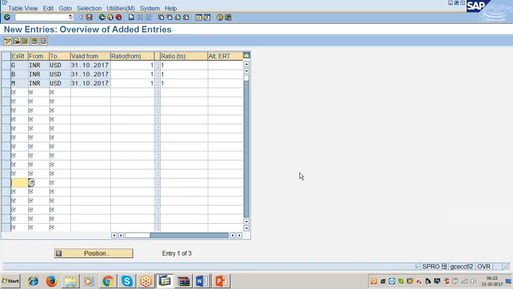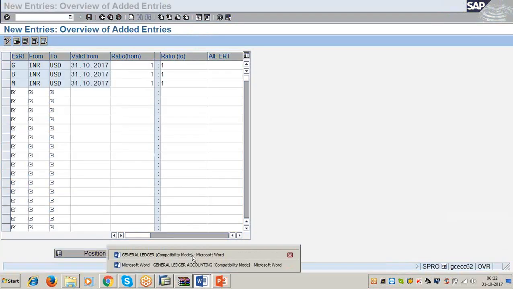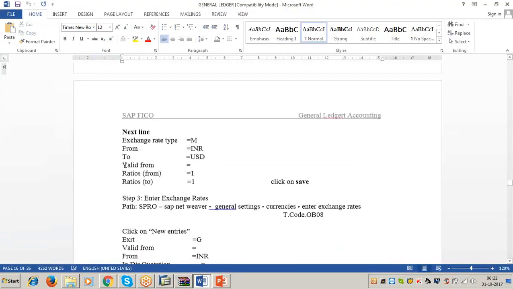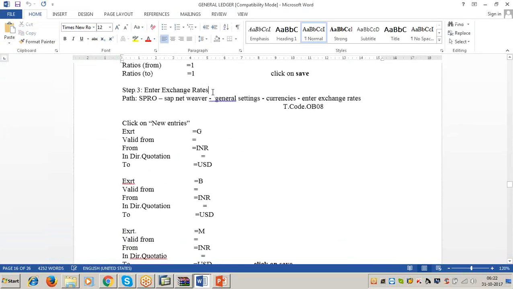Okay. Now, see the next step. Enter exchange rates. So every day, the user has to enter what is the bank buying rate, bank selling rate, and bank average rate of every foreign currency we are dealing with. So, for entering the exchange rates, you have different methods. So, first let us enter the exchange rate. Then I will discuss with you what are the methods that are available to enter the exchange rates.